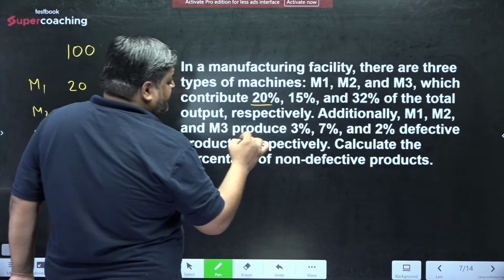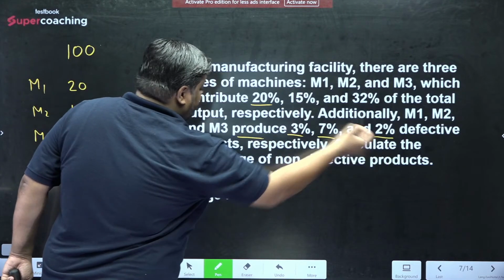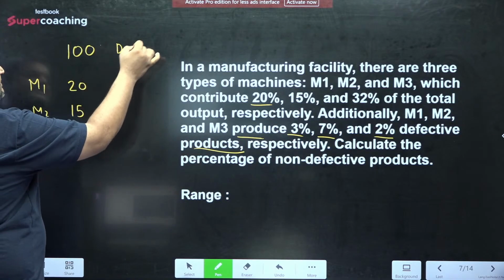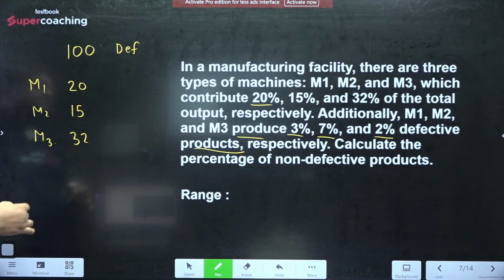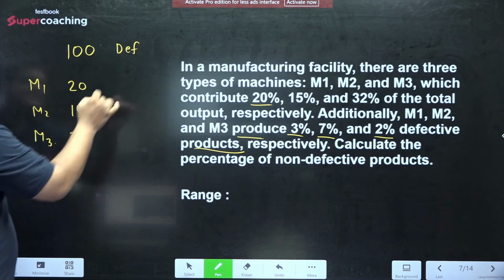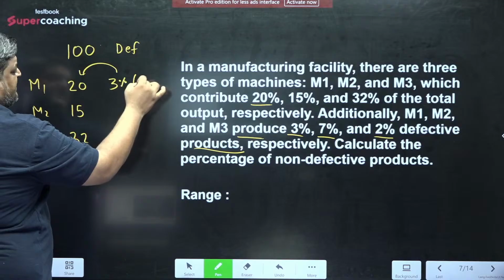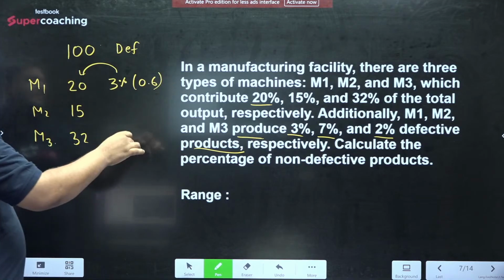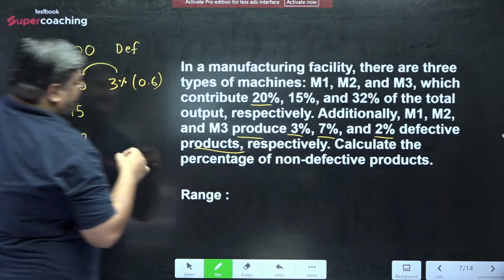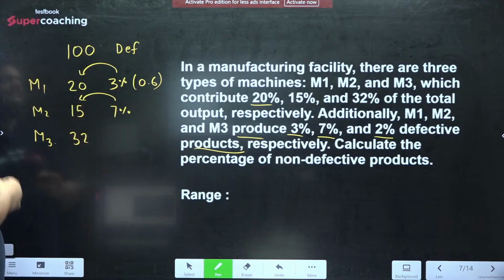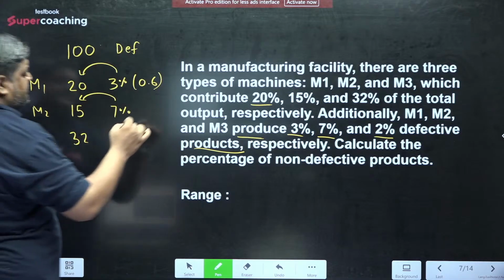अब इसमें ना defective है, M1, M2, M3, they produce 3%, 7% and 2% defective products respectively. Defective products. Okay, how much is the defective product? 3%. 3% of what? 3% of 20. This is nothing but 0.6. Okay, M2 का defective percentage क्या है? 7%. 7% of what? 7% of its production. 7% of 15 is nothing but, ये कितना हो जाता है? 1.05,